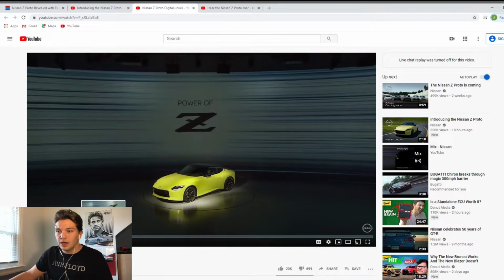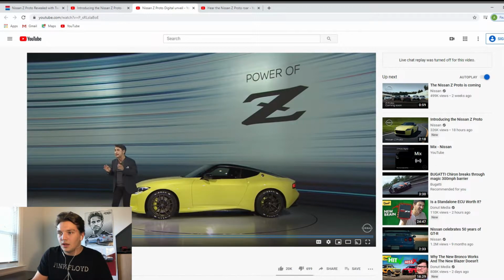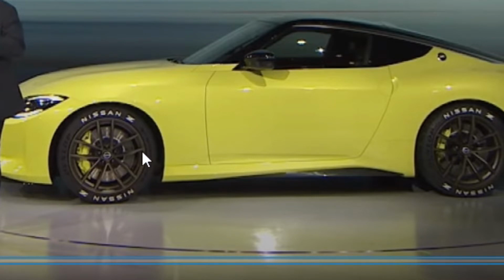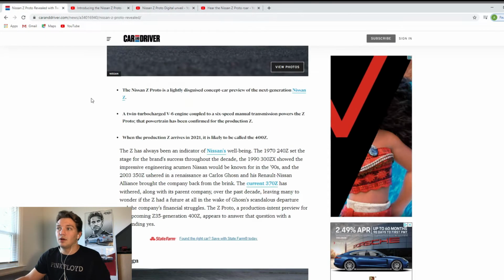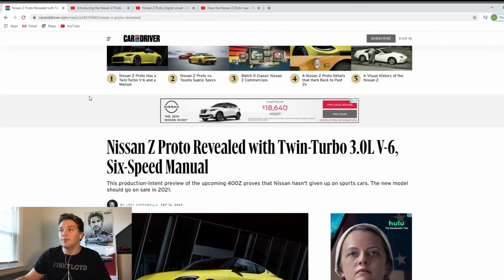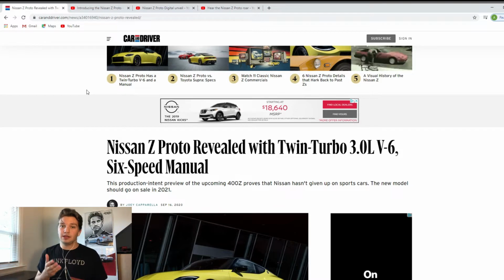Another thing I want to highlight, just getting a side shot of the car, look at those brakes. Those are freaking big brakes. Oh, another thing about the drivetrain, they're going to be using the twin turbo V6 that is in the Infiniti Q60s. I actually said that in my previous video when I was talking about the 400Z, but